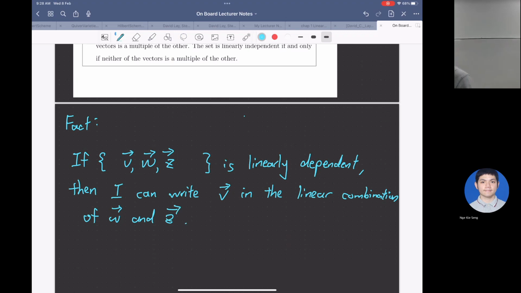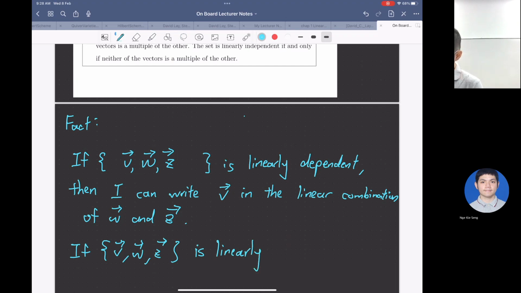And if V hat, W hat, and Z hat are linearly independent,